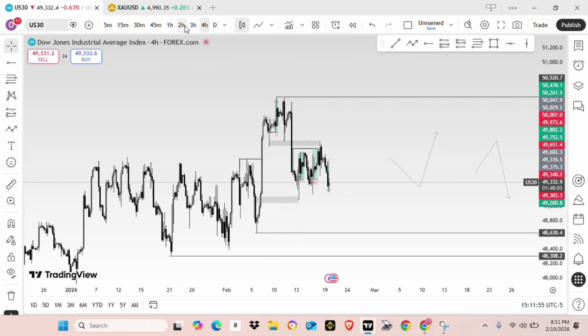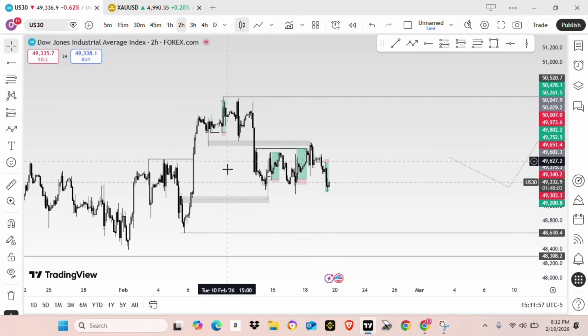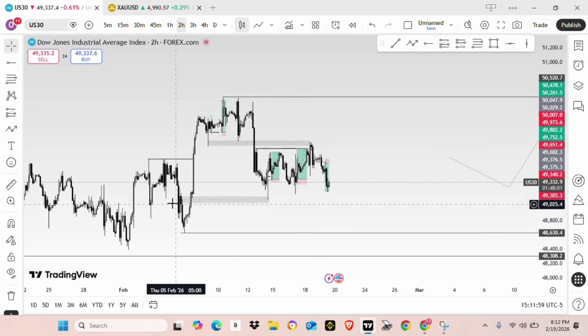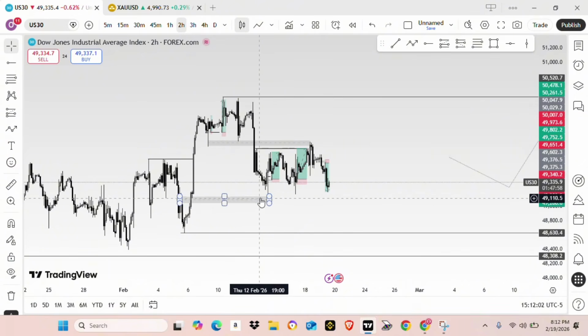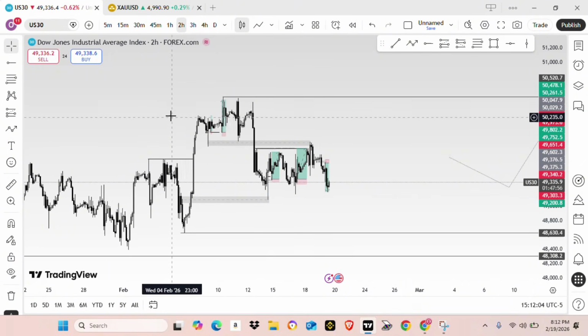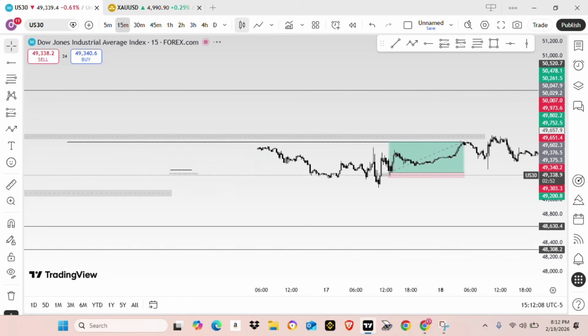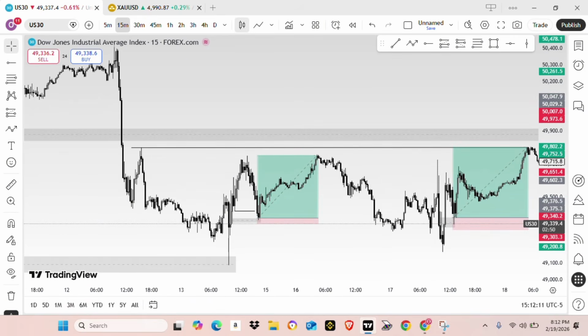This thing is what some people paid for, and I'm just giving it out for free, but there are more to learn, and that's why I don't put out everything here. You can see that everything here is working according to this 2 hours time frame reaction. So if you go to the lower time frame, how I caught my first entry that made me about 1:10